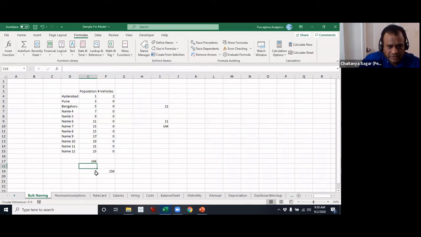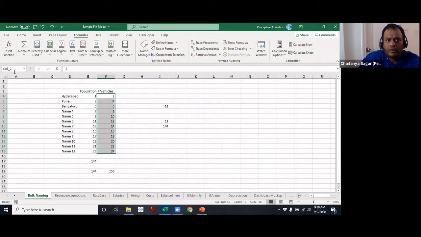Apologies, there is something that happened there. Sorry, give me 1 second. I'm not sure why this has not happened. This is actually number of vehicles.